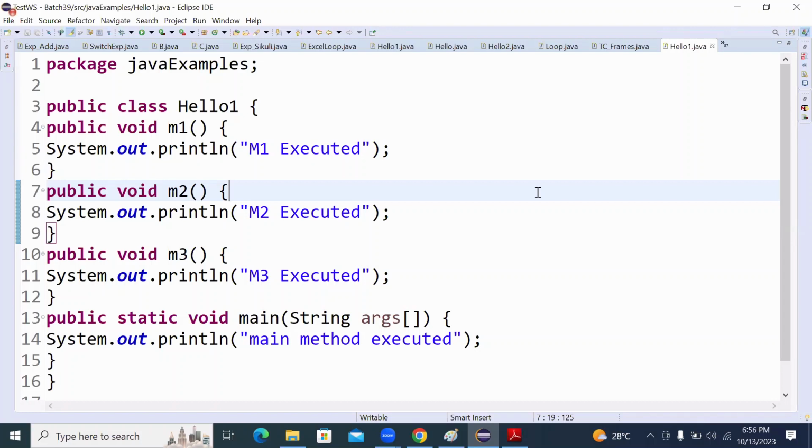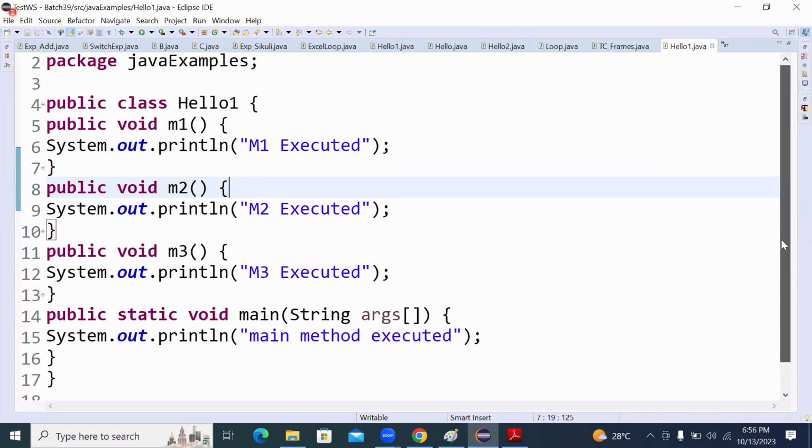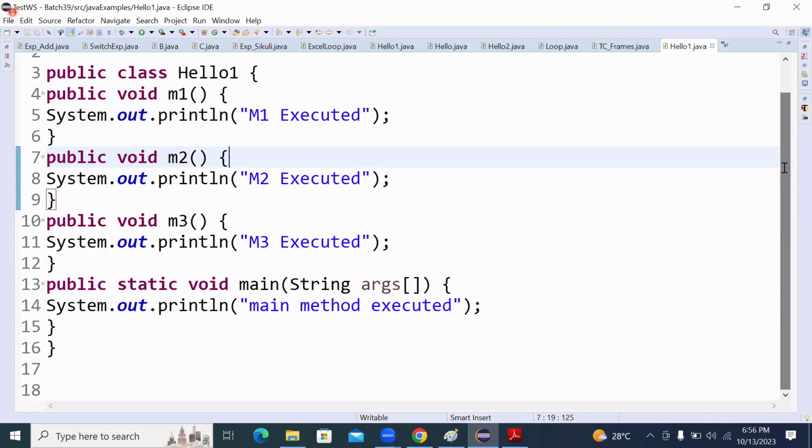I mean, I'm talking about error. Related to error, is there any red color? No. Okay, there is no error in the program. Now let me run this program. If I run this